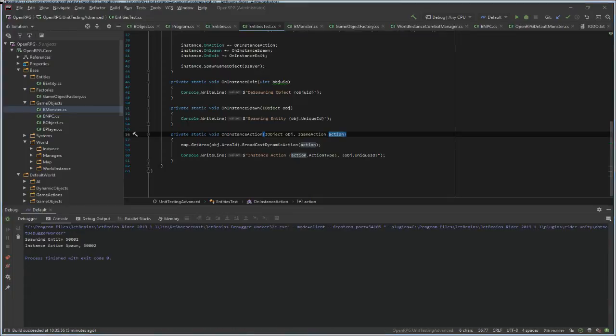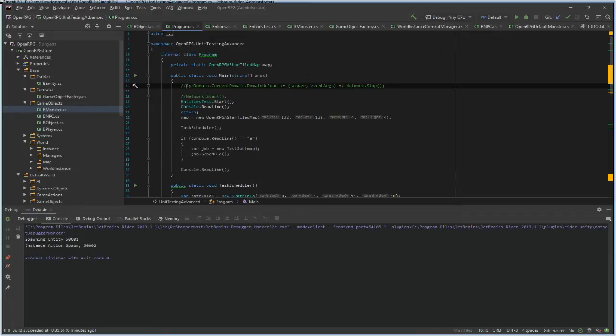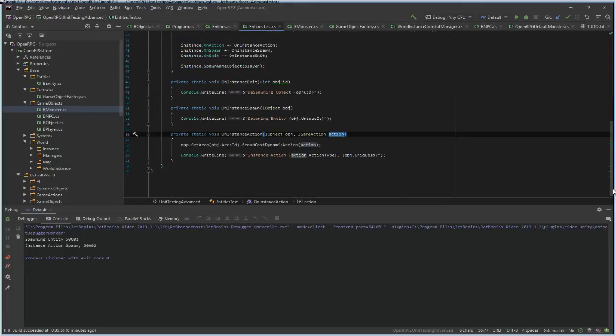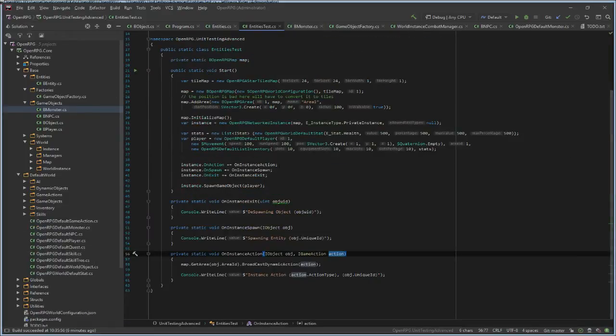Anyway, back to our entity system. So I'm just going to test if the entity system is working as it should. This object should be updating its entity components.